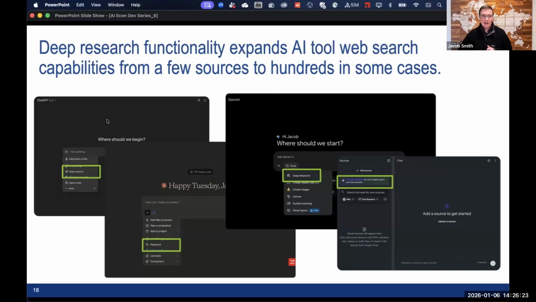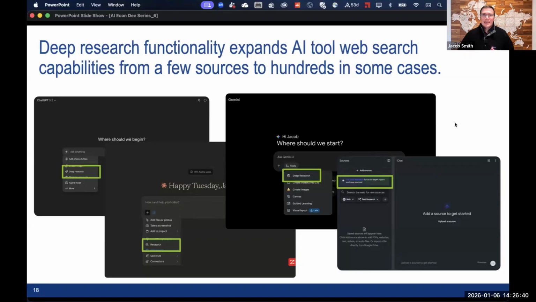So I've shown here some examples of what the deep research looks like and how you access it within each tool. Usually there's a little drop-down menu near where you enter your prompt that gives you access to a deep research functionality.